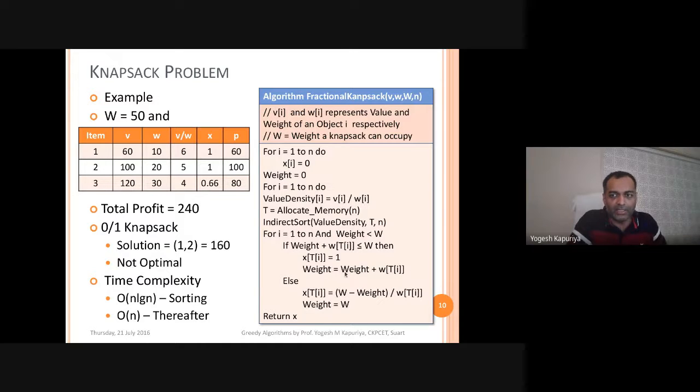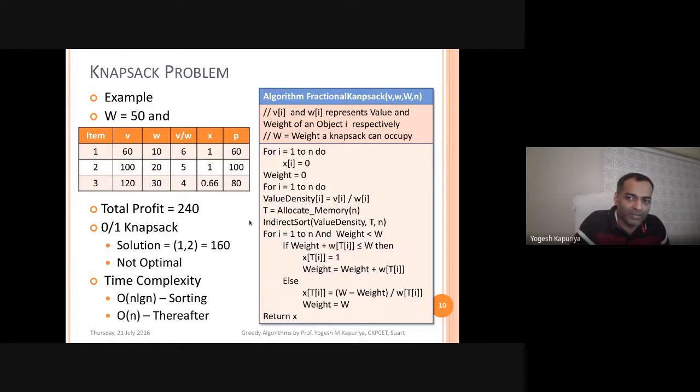But let's say now it's a reverse case. That means the current remaining capacity of the knapsack is, let's say, 50 gram, and the item under consideration is of 60 gram. But according to the greedy choice property, this item has more value density than the remaining ones. The remaining ones are in the lower order.